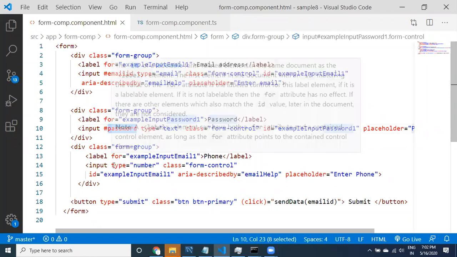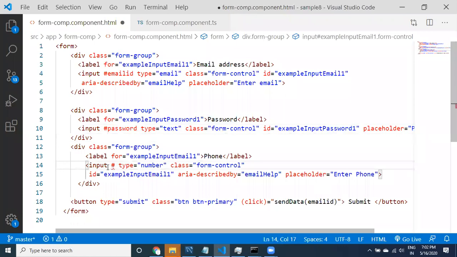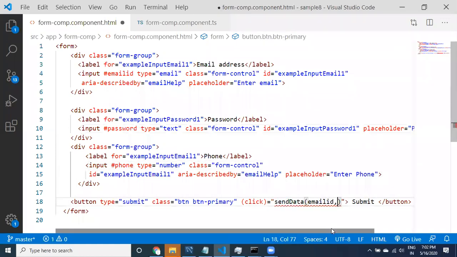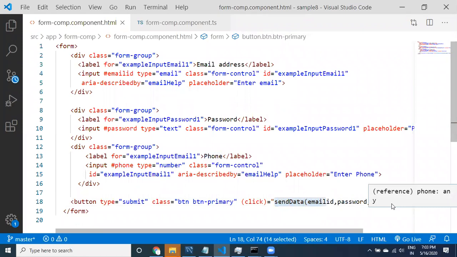Let us go to this template variable reference. You can take, what is this, the phone number, right? You can say phone number. Now when the user clicks on this, you can provide the emailID and then the template reference variables, this one, and then go to the phone. See here, guys, this is a phone. So simply you can take it like this, send the data, and then provide it like this. Guys, the information is going to be something like this: send the data, emailID, password and phone.